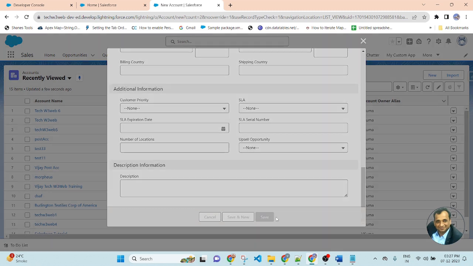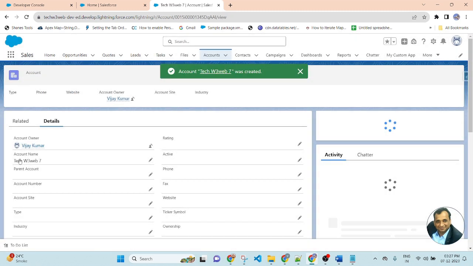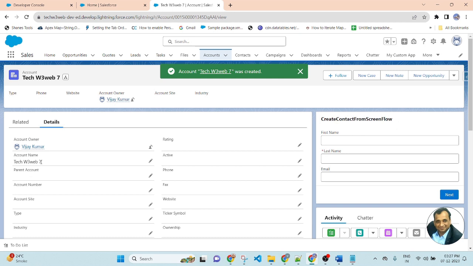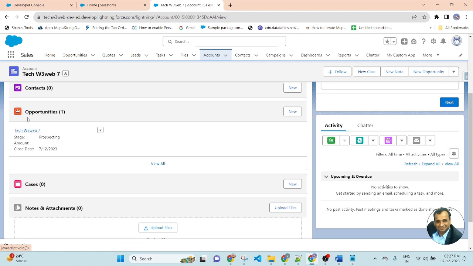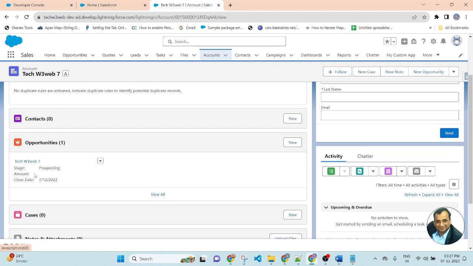Now save the record. Take W3 Wave 7 account has been created. Now to check the related list of opportunity, go to the related tab. Here you will find the related list of opportunity. So here you can see one opportunity record has been created successfully.